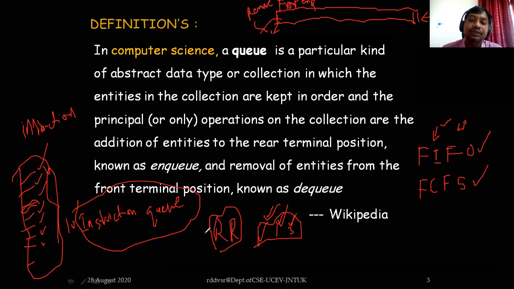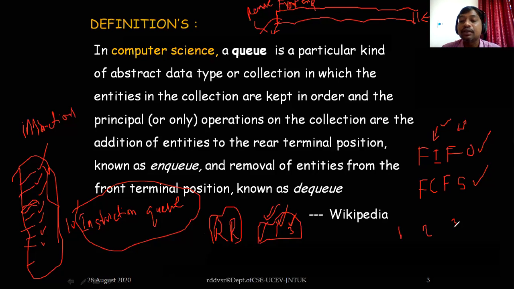So there are plenty of such applications. There is something called priority queues in computer science, which has a lot of importance. Suppose you have submitted three jobs: job one, job two, job three. In general, the first job will be executed first, then followed by the next job, followed by the third job.